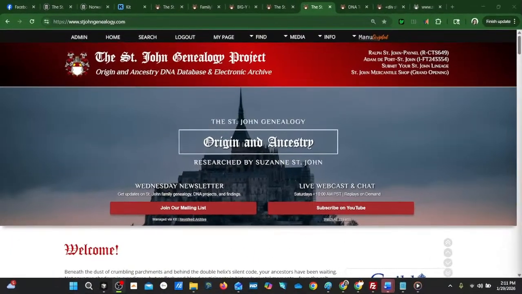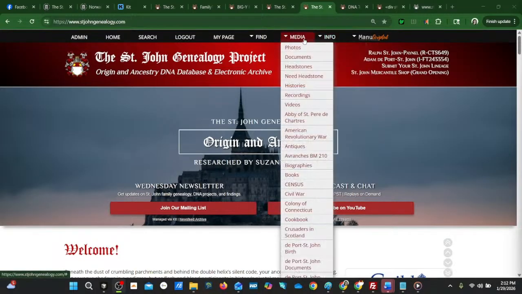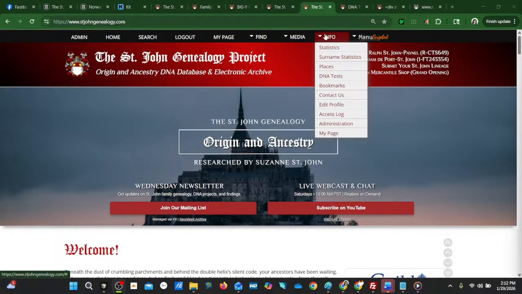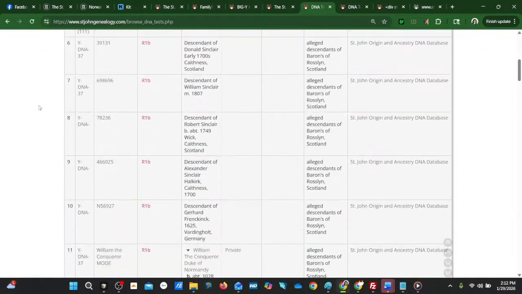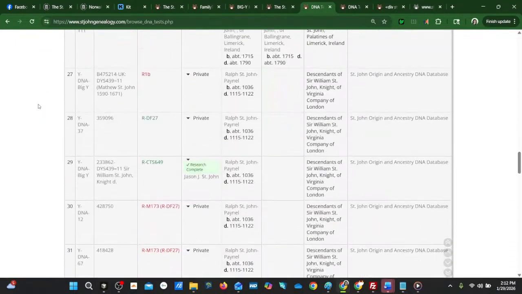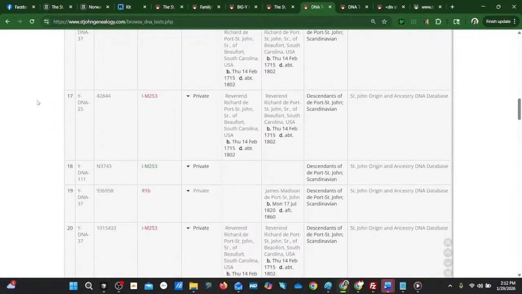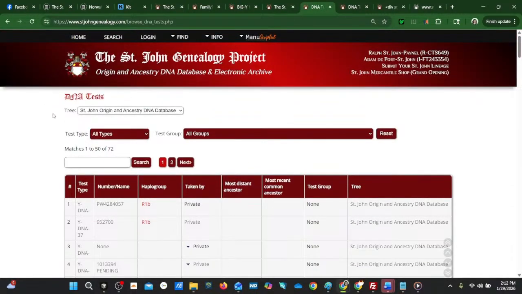So in this demonstration, I'm going to show you how to find the DNA test information on our website through the search functions. The first thing you want to do is go to the top menu and select the Info tab, and then scroll down to DNA test. You're going to click it, and it's going to bring you to the DNA test section. This is all of the test DNA that's entered, but if you want to narrow it down by test groups, because we have multiple St. John branches in our test